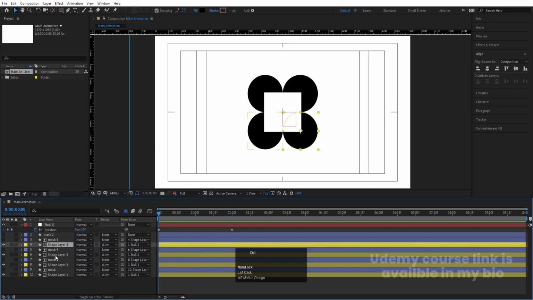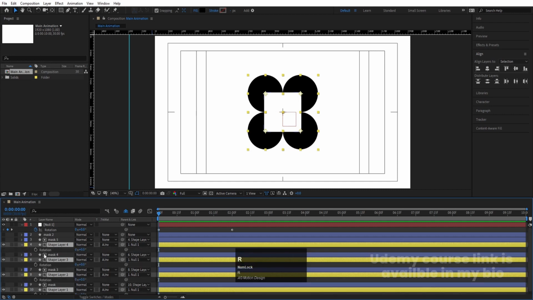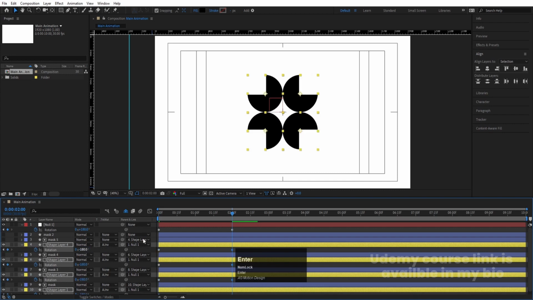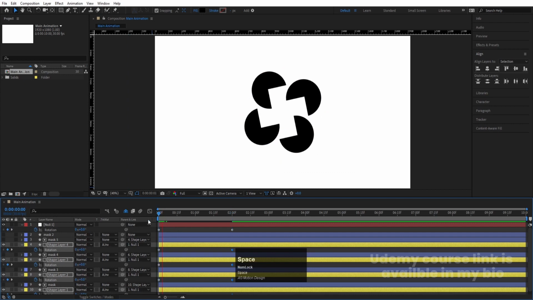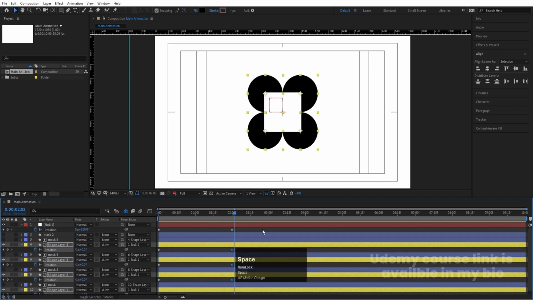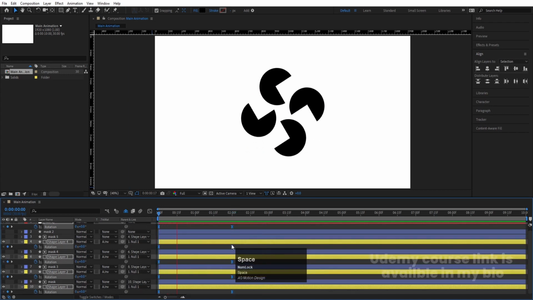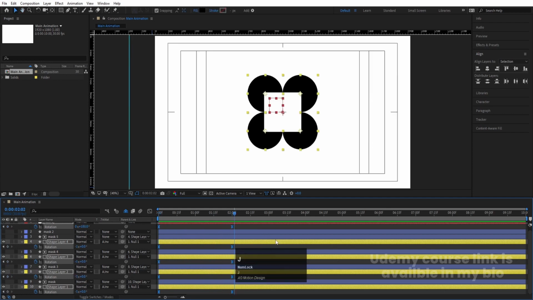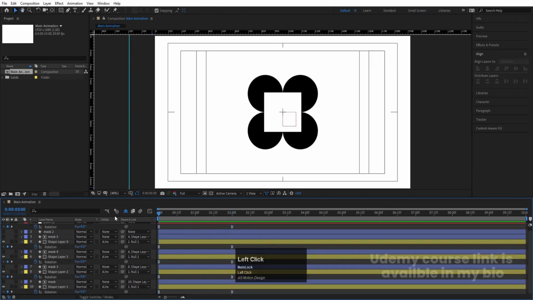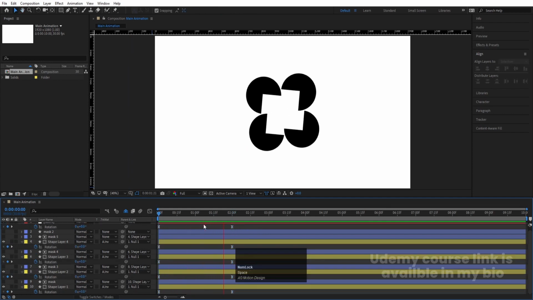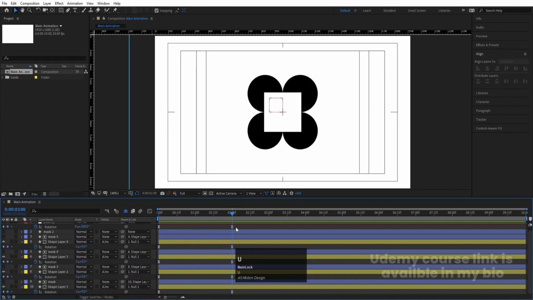Then after that, select all the shape layers, press R for rotation, create one keyframe, go over here and let's make this minus 180, or I think minus 360 would be okay. So we will get something like this. Now select those keyframes and hit F9. So if you see this now, we will get this kind of animation. Okay, and if you want to change the duration, you can do that also,